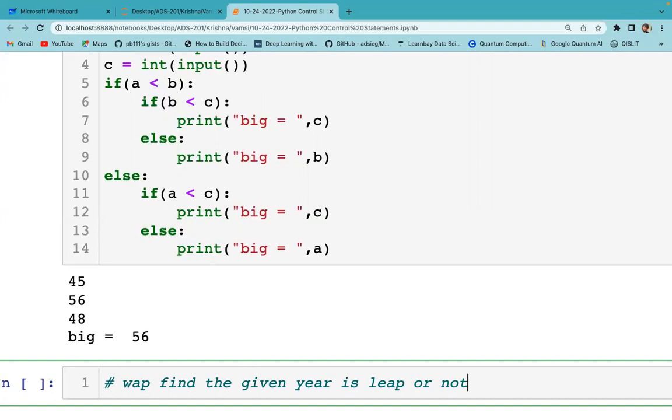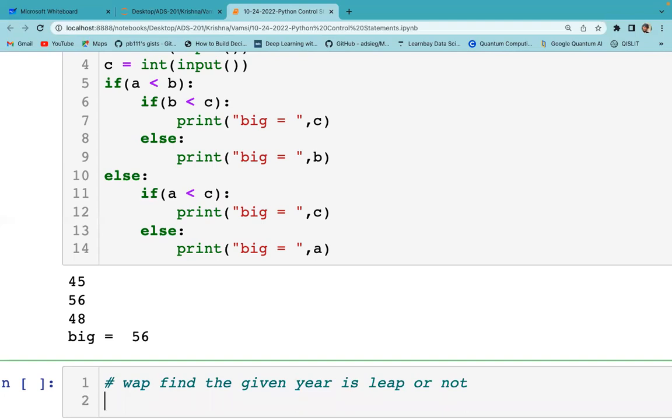That's absolutely wrong. Even if a number is divisible by 4, in some situations it is not a leap year. So what is the logic, and how should we implement the program? You should explain it theoretically, step by step, with small